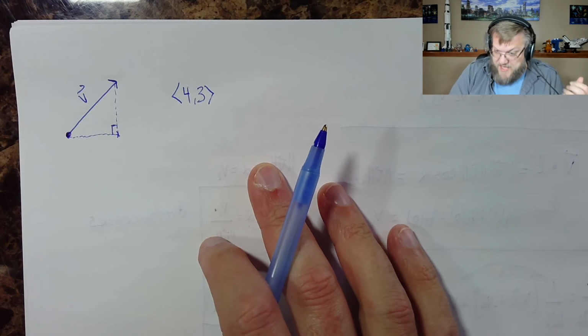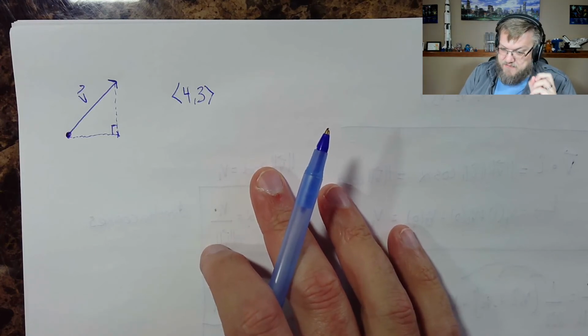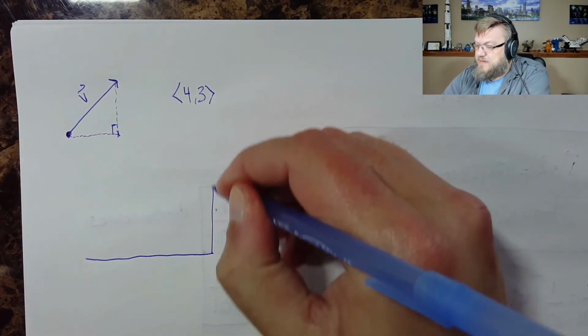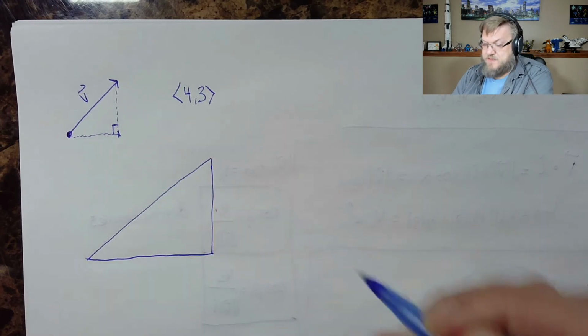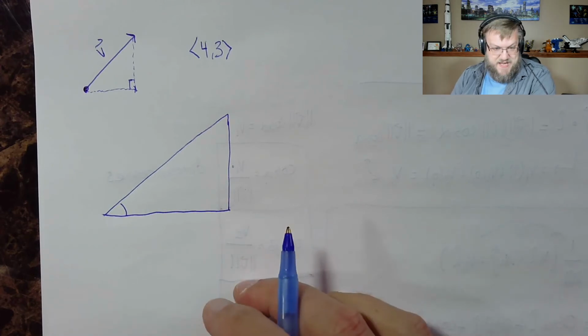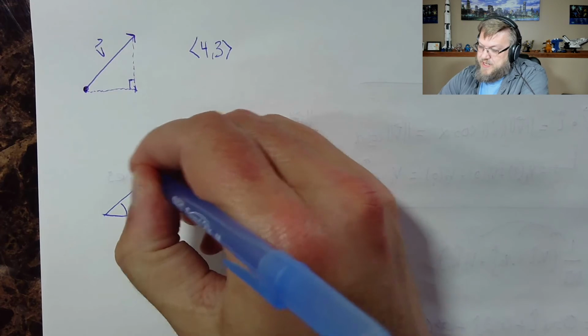Sometimes though, horizontal is not convenient, right? Sometimes horizontal is not very convenient at all. So suppose I have an inclined plane, two words that strike fear into every beginning physics student. Inclined plane, all right? So I have an inclined plane, and I have, let's say, a boat on a wheel,